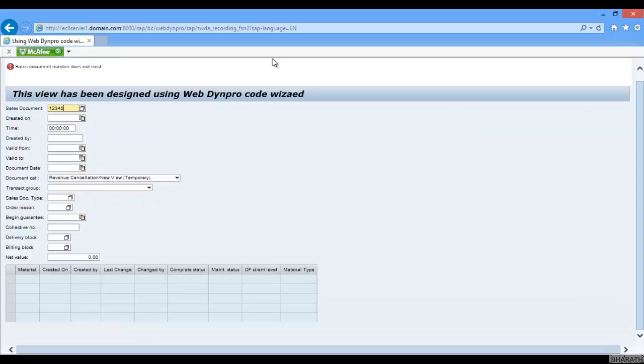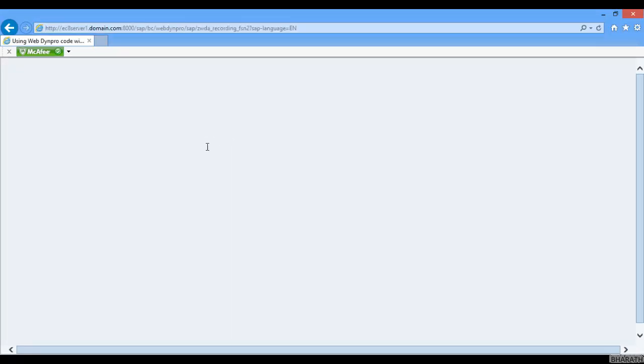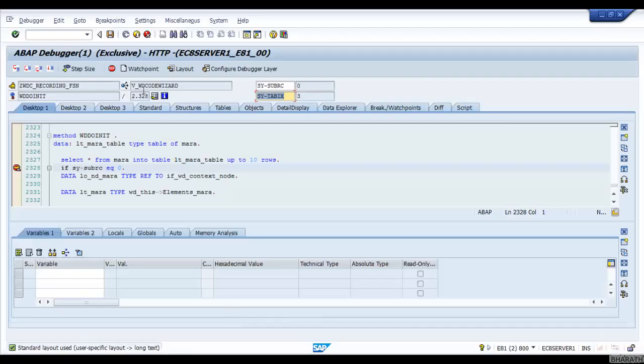Now go to the Webdynpro application and enter, refresh it. Now see, WDDOINIT is the first method which gets executed when the view is displayed for the first time. See, the view has not been displayed yet, but the WDDOINIT method is executed. This is the view, this is the component.